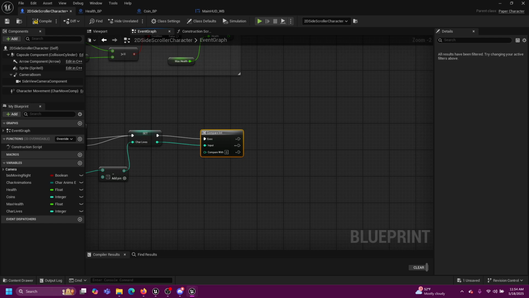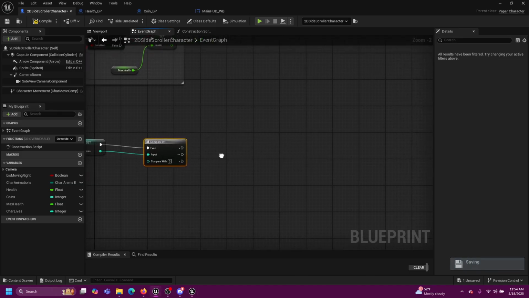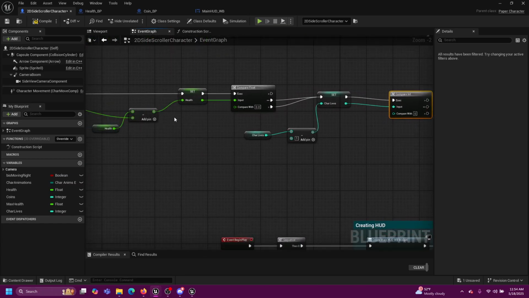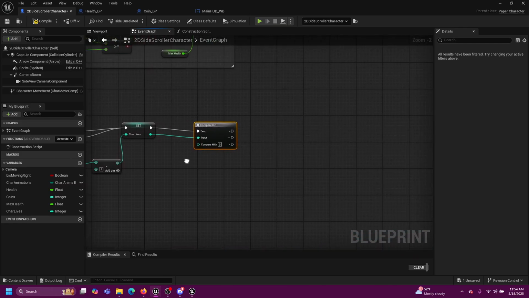Let's see, I'm checking my notes right quick because this can get way more complicated than it needs to be. So what are we doing here? Character health, then we take away 1. If it's greater than, for now, let's just do